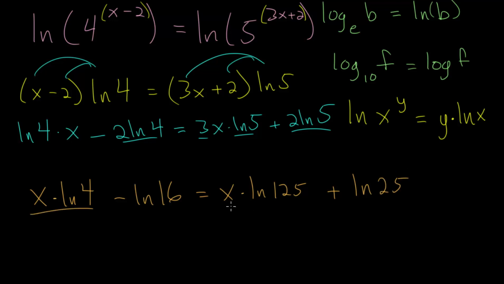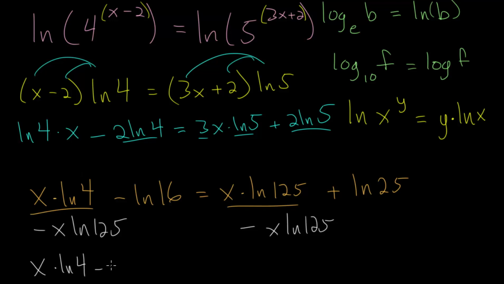And to solve this equation, we have the variables on both sides. So let's move them to the same side of the equation. We can subtract, let's say, this value here. It doesn't really matter. We can subtract both of them if we want, or I should say either of them if we want. And we're subtracting x times the natural log of 125 on both sides, so that on our left-hand side, we get x multiplied by the natural log of 4 minus x times the natural log of 125. And I will also add the natural log of 16 to both sides